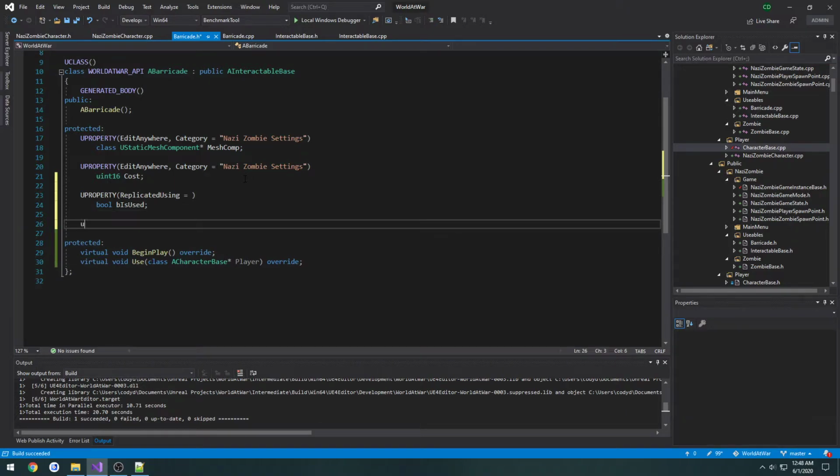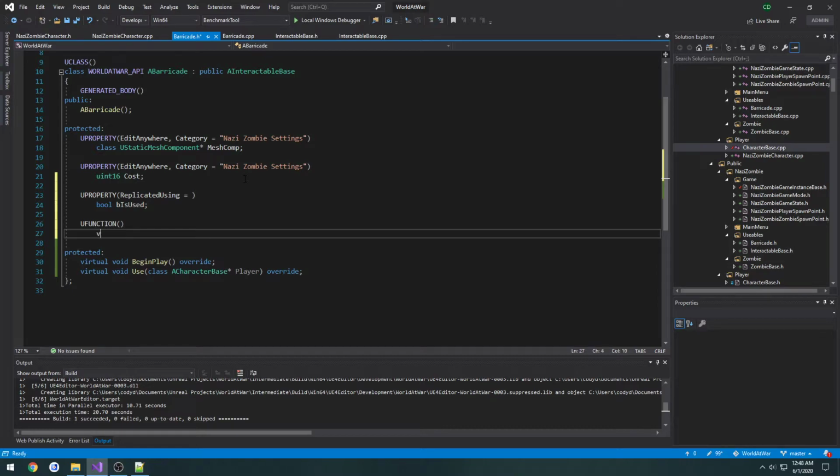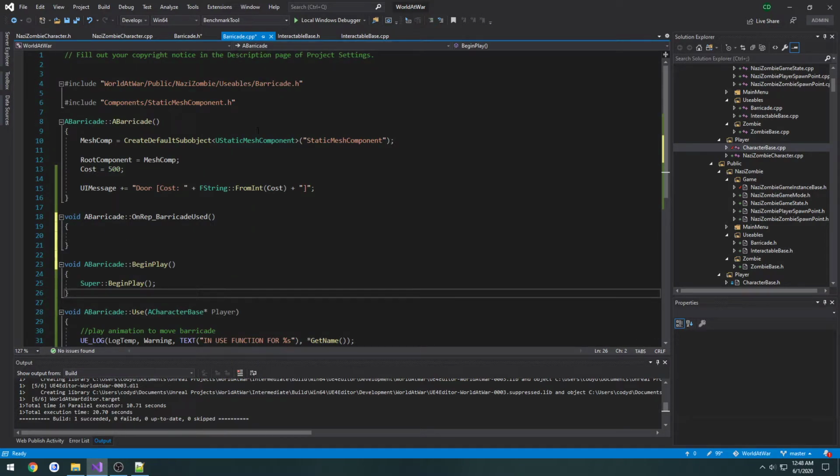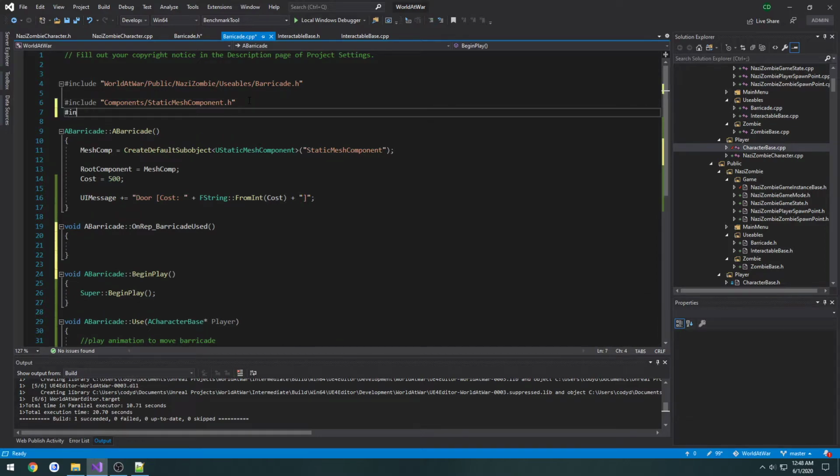Now I'm going to create the UFUNCTION. I'll call it void OnRep_BarricadeUsed, like so, and set it. So ReplicatedUsing is using our function. Create the definition, and under Barricade.cpp, we need to include Net/UnrealNetwork.h,